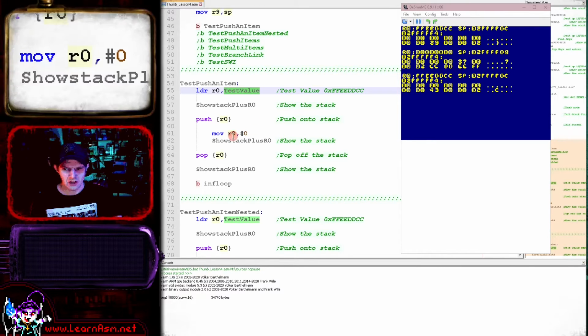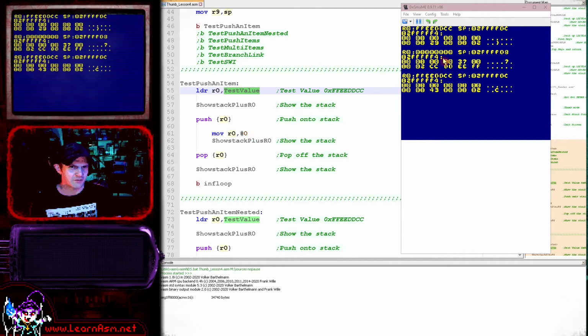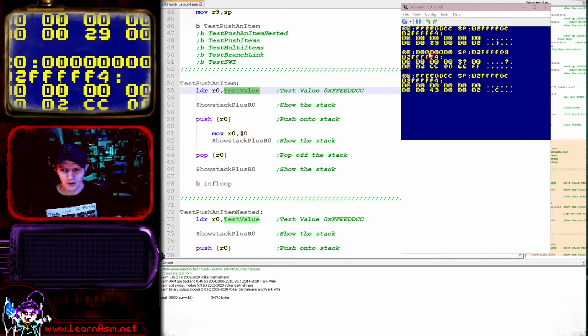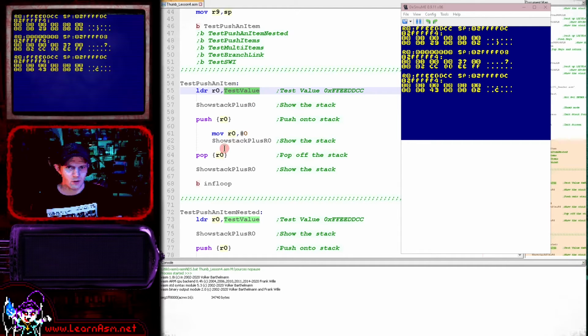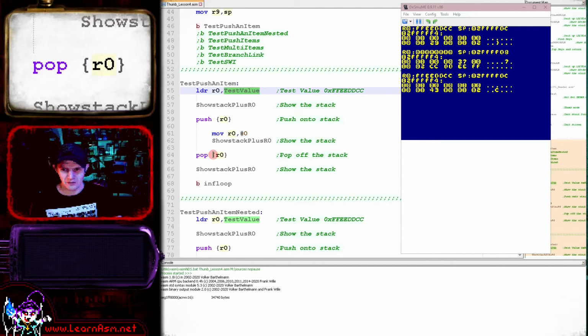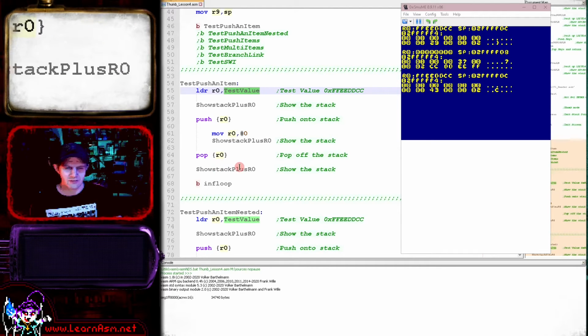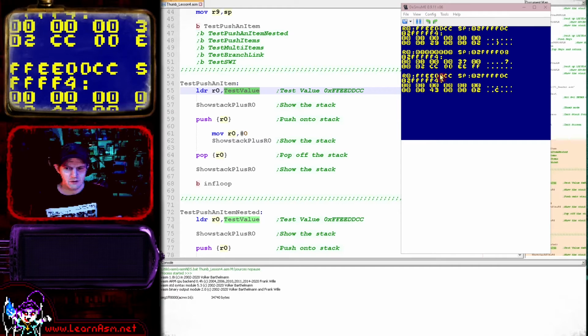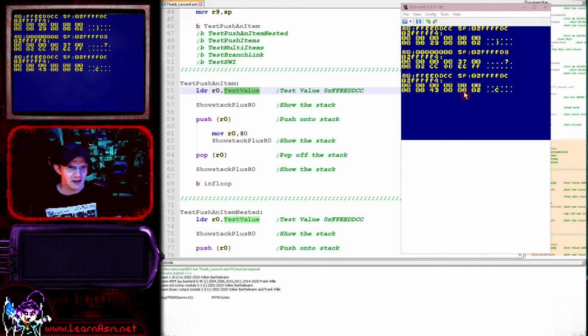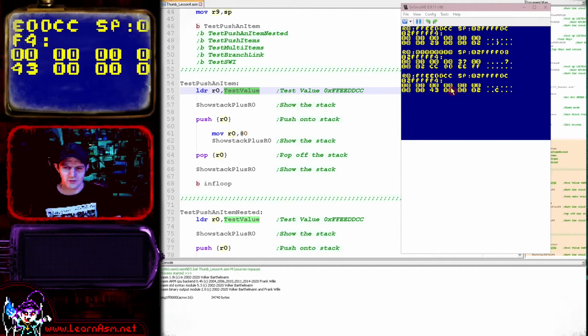So those bytes have been pushed onto the stack there. We've actually loaded 0 into R0 here, and so when we show the contents of the registers on the stack, R0 has now been reset. Now what we did after that is we popped the value back into R0 off the stack, and we showed the contents of the stack again. R0 has now got its value back, and you can actually see that the value on the stack has disappeared,